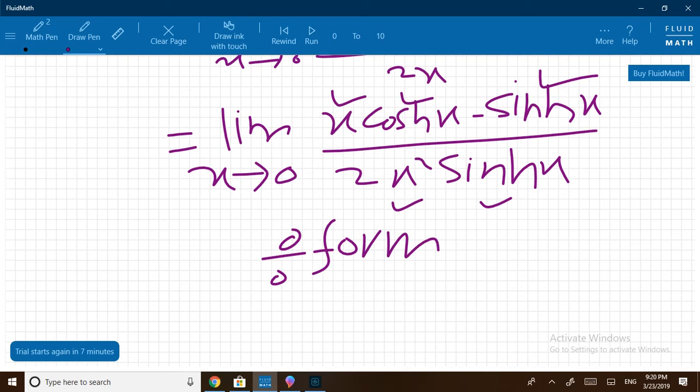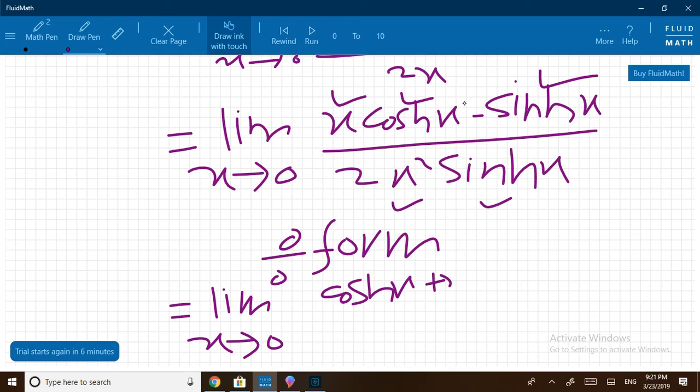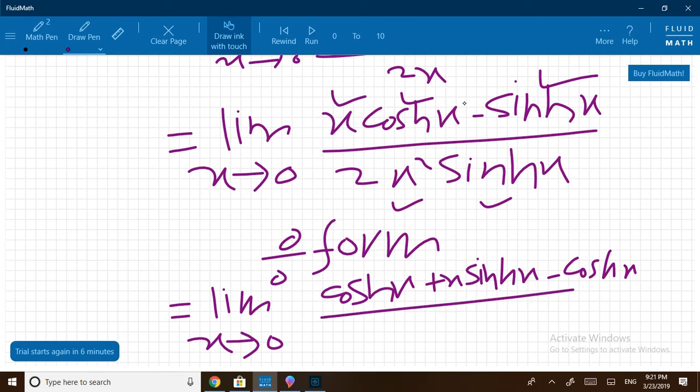It means that we will take the derivatives of the numerator terms and denominator terms. So I'm taking the derivative of the numerator and denominator, which is equal to limit x approaches 0. The derivative of x cosh x will be cosh x plus x sinh x, minus cosh x, divided by, what is the derivative of 2x square? It is 4x